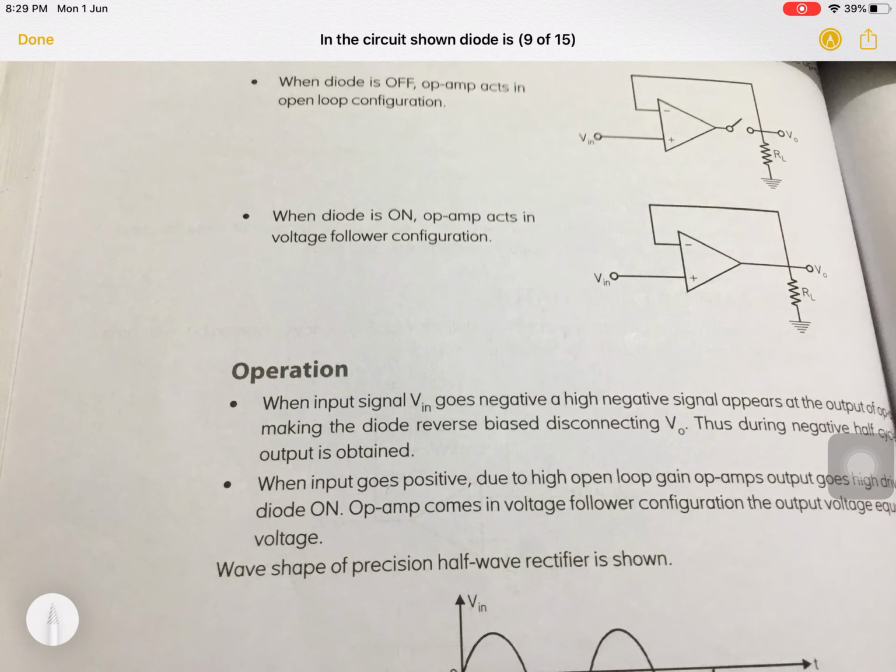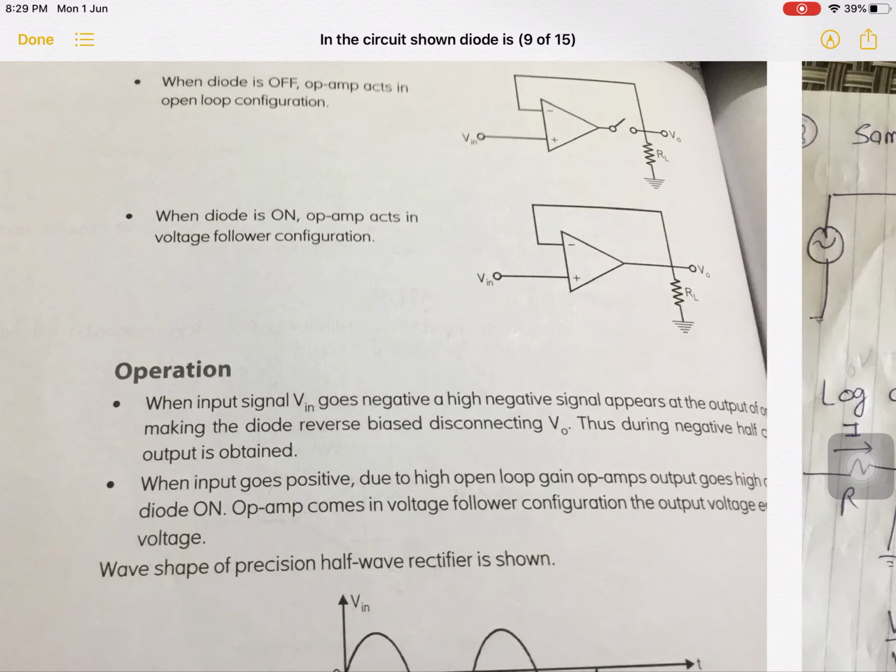Whenever the input voltage is given in the range of millivolt, after amplification it will become higher than 0.7 volt. As soon as it becomes higher than 0.7, the diode will become short, and after that it behaves like a voltage follower, a unity gain amplifier. So it does the rectification by that part. This is precisely why it is used as a precision rectifier. We can also use a full wave rectifier as well as a half wave rectifier with the op-amp.